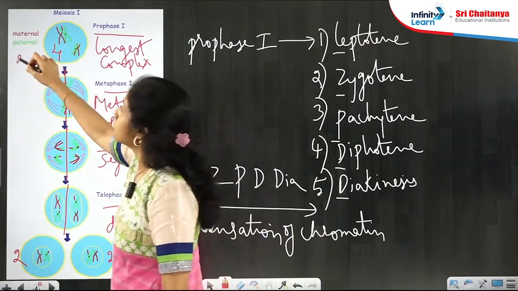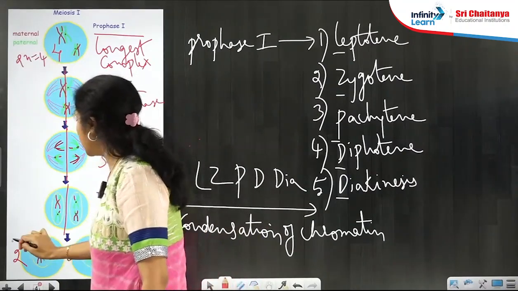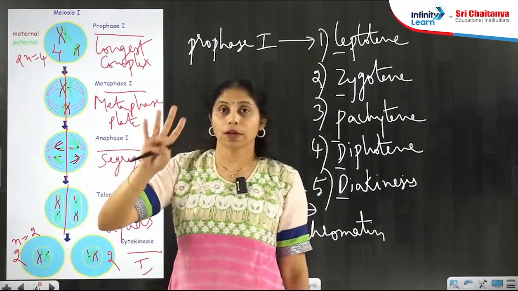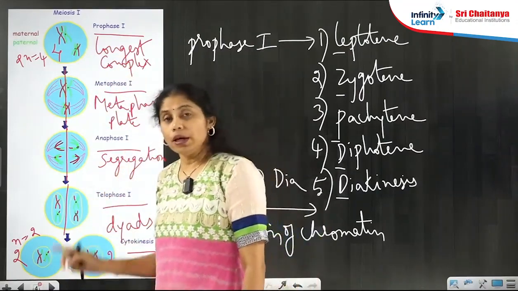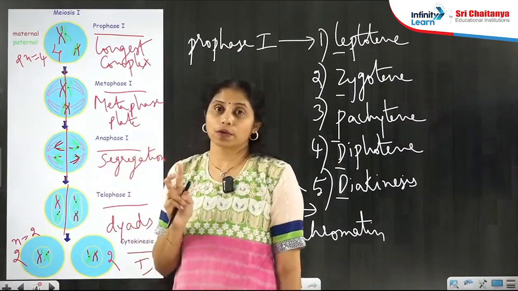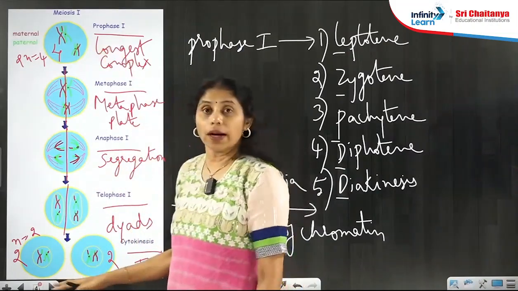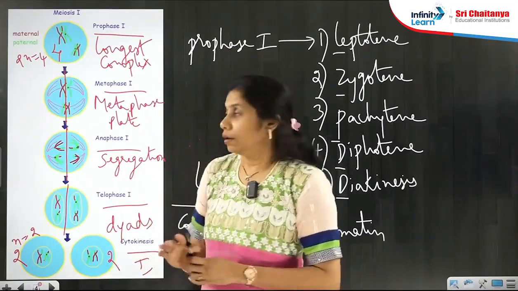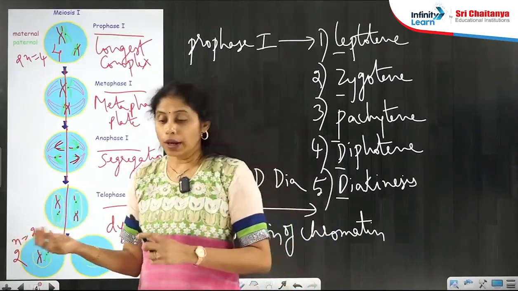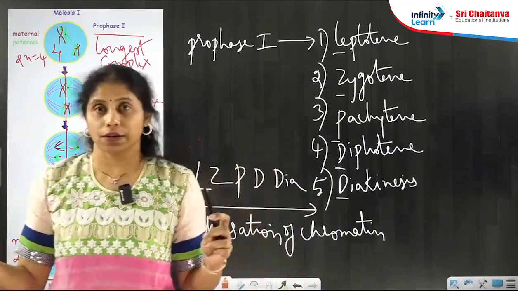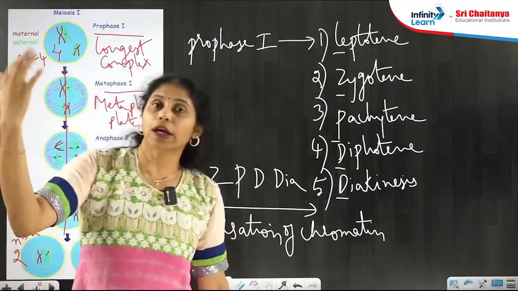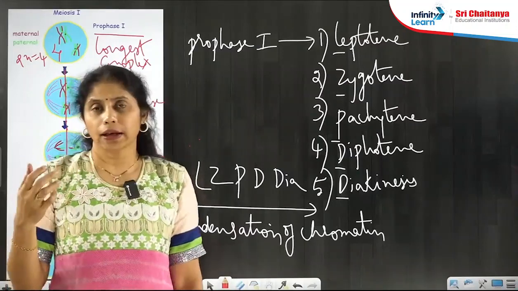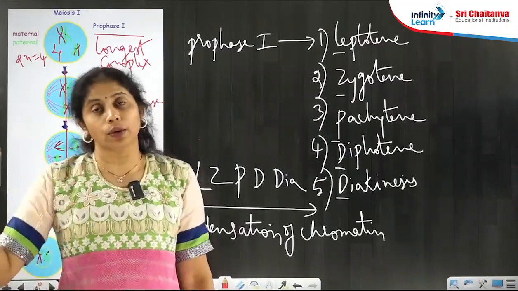So here 2n is equal to 4. Here n is equal to 2. We have started with a cell with 4 chromosomes. Now after meiosis 1, each daughter cell is having only 2 chromosomes. That is why meiosis 1 is called reductional division. And in the interkinesis, they will reach like an extension phase, but they will not be fully extended like the interphase. And the cell will be preparing itself without any DNA replication to undergo meiosis